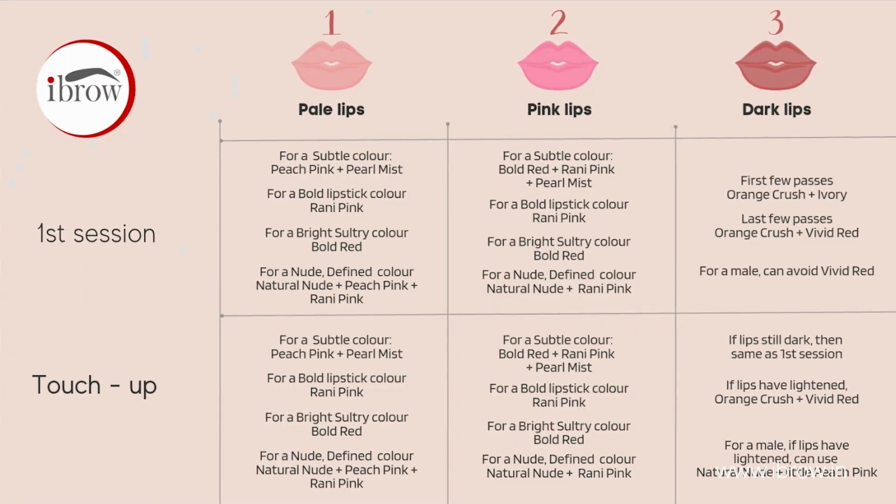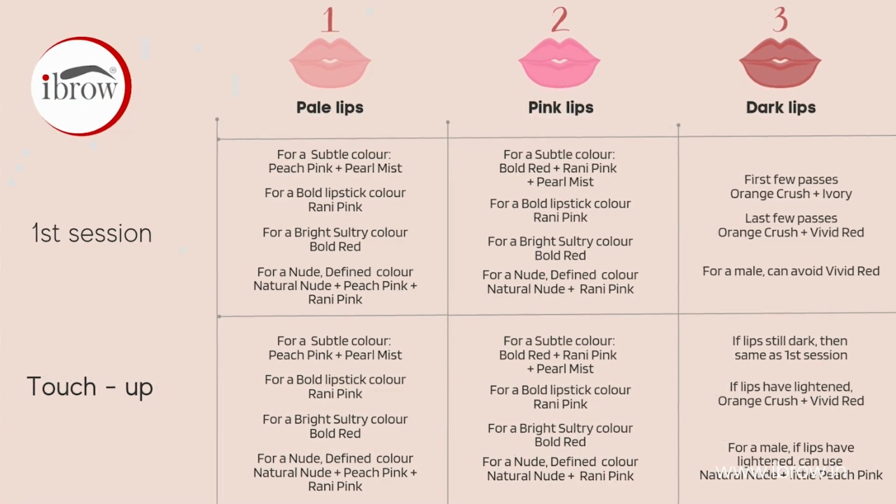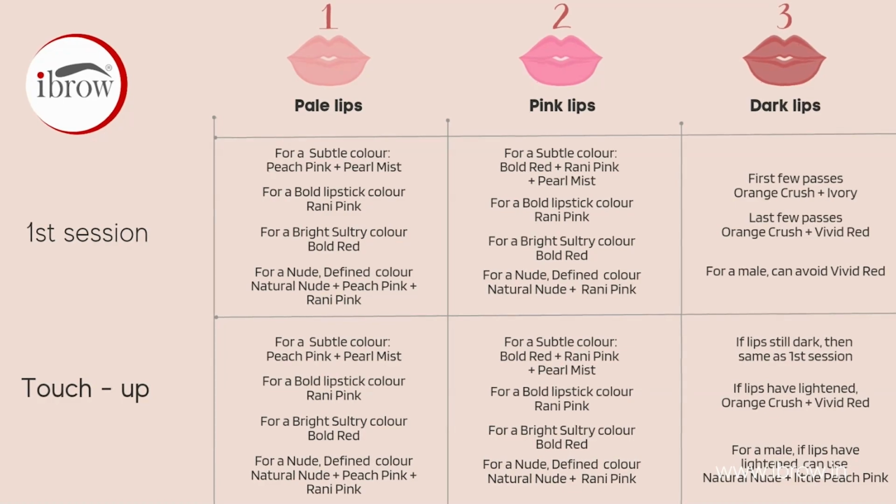Here we are not using pinks. We are not using your peach pink or Rani pink, etc. Because if you remember, pink is made with red with a little bit of blue in it. Lips are dark. If the lips are dark, it means they have more of eumelanin. More of eumelanin means there is already more blue. So if you add pink to it, the lips will end up looking purple, because little bit of blue added to pink is purple. So you have to keep these things in mind when you are using colors.